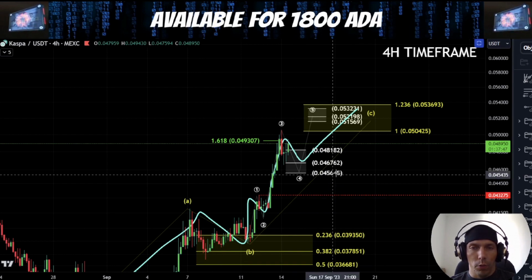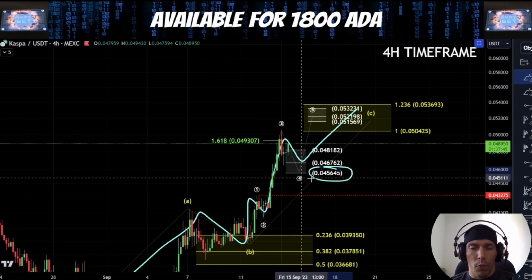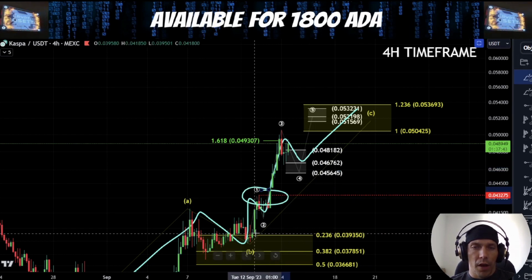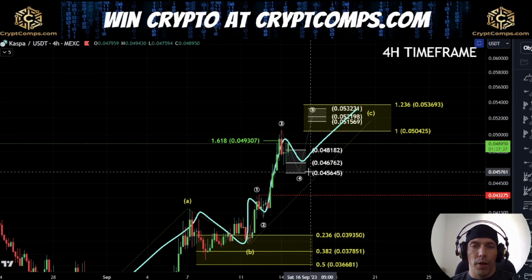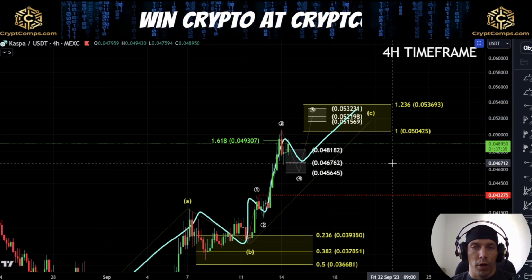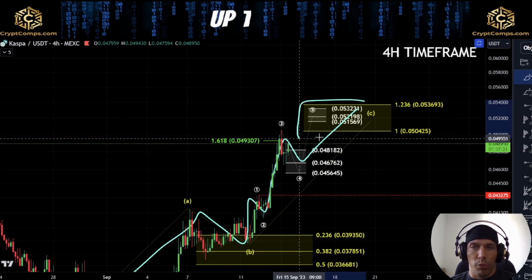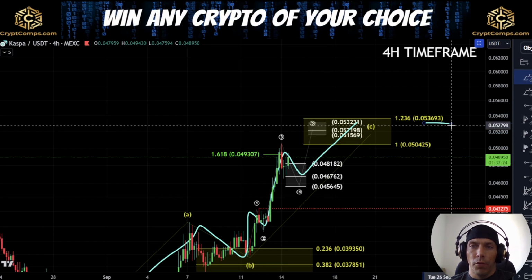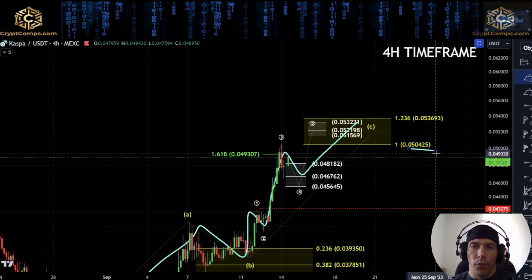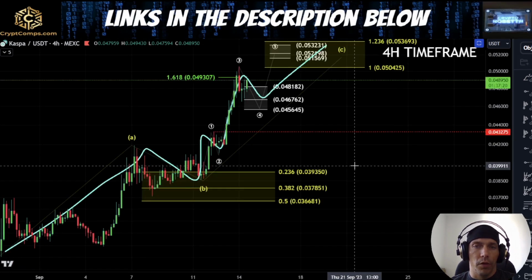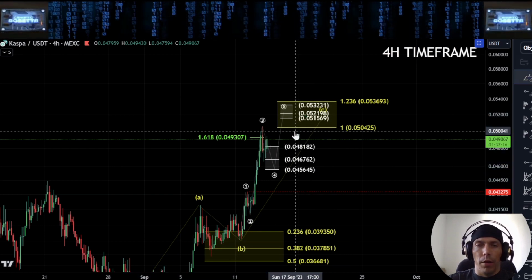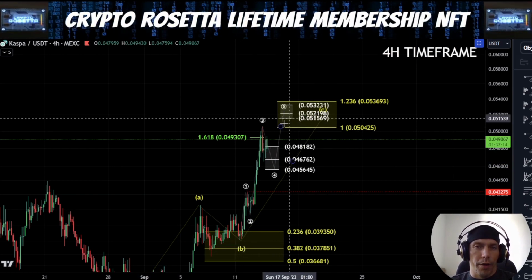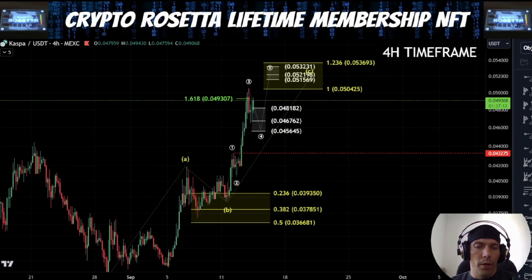If we do hold this 45654 and we do hold this high of this wave 1 here, which is sitting at this 43275, we can look for this fifth wave target. This would align with coming into this 1236, which would be this 53693 to this 5425 as a potential target here for this C wave, which would align with this idea of having the white count. So it's going to be key here.